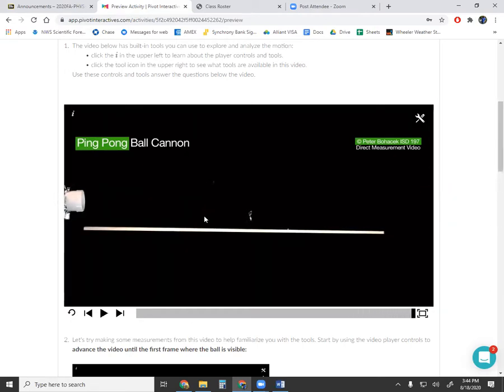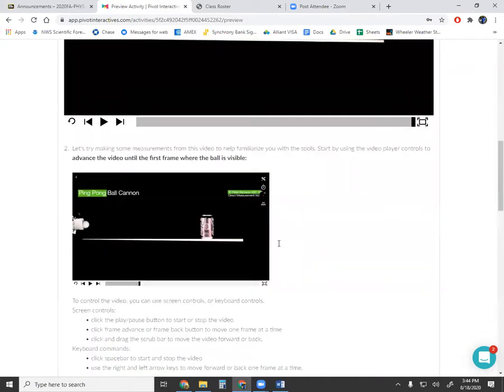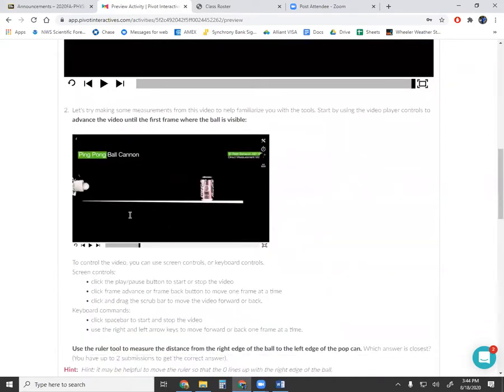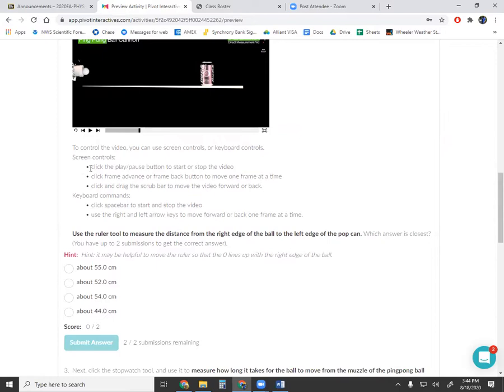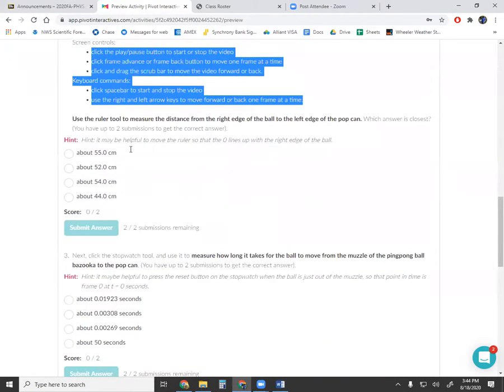And this is done in high quality video with high frame rates, such that you as a student will be able to take frame by frame measurements of the position of this ping pong ball and study the physics of the situation. And so the first week is a physics lab, but it's also a training session for how to use this new platform. So we guide you through step by step what to do, what keyboard shortcuts are, and we also give you